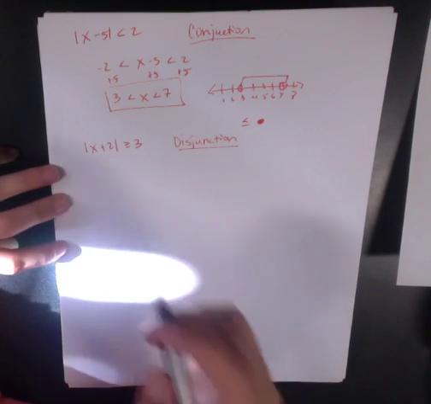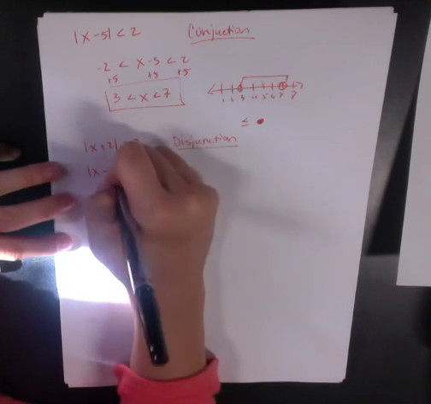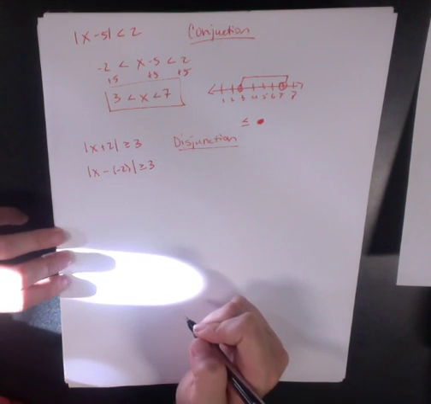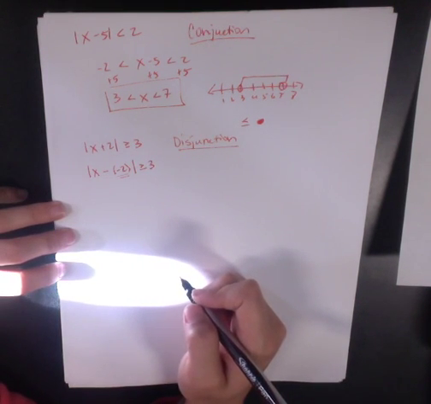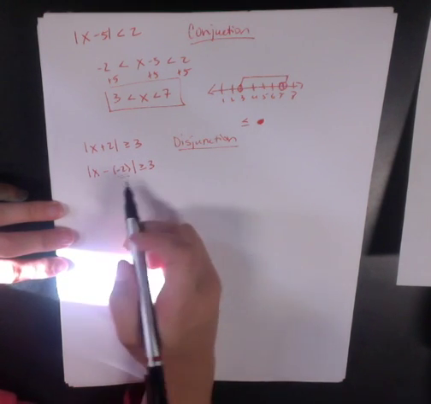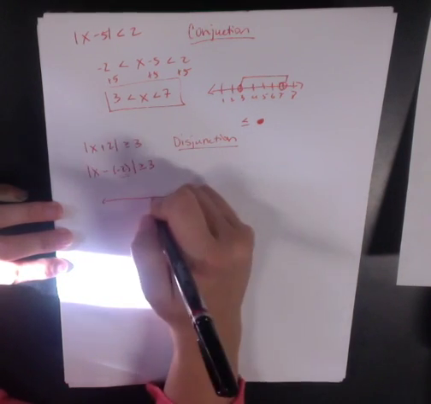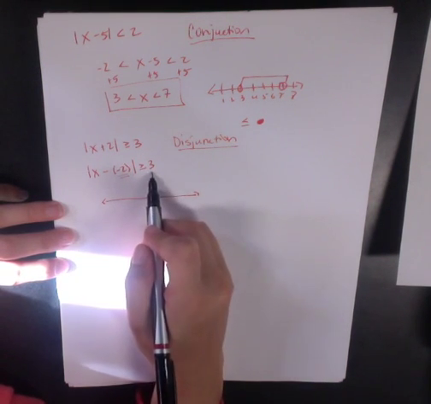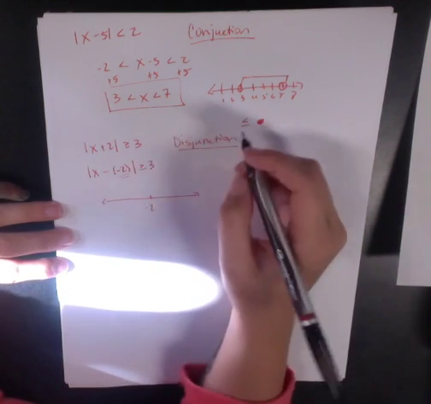Okay, so then what we have is, let's rewrite this as x minus -2 is greater than or equal to 3. And this is really important because I'm going to look at the set of all real numbers that are distance equal to or greater than 3 units away from -2. Okay, so if I was to go at -2, right, I'm looking at everything that is 3 units away from -2, okay, which would be the same if I said